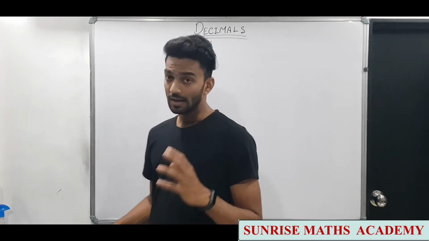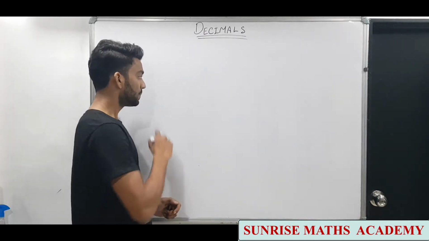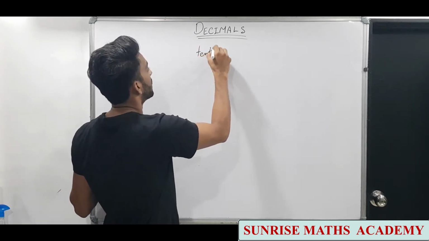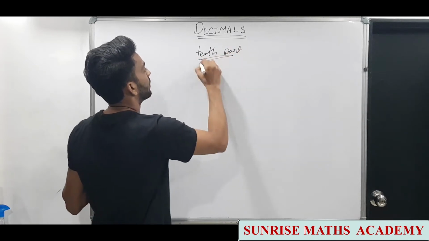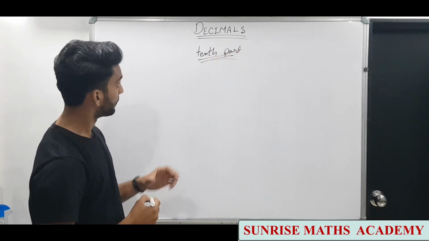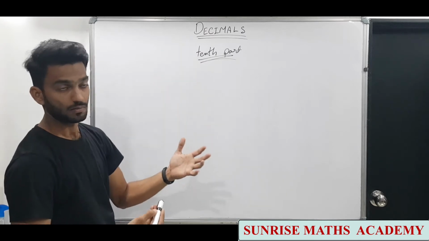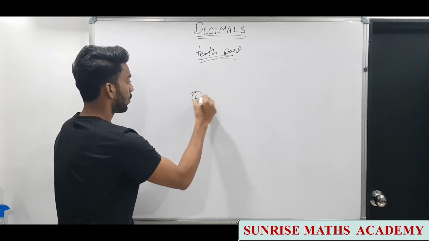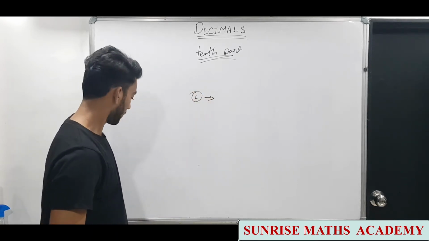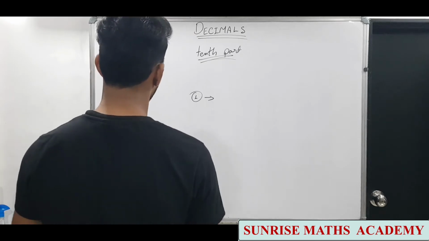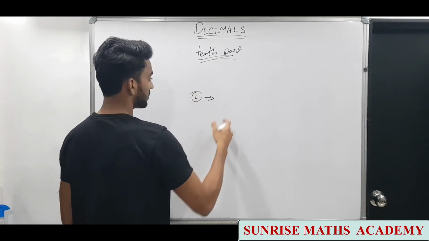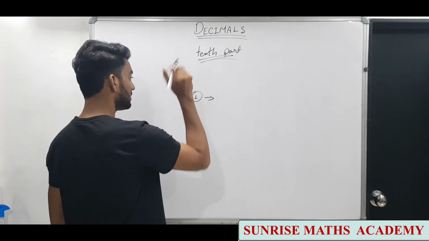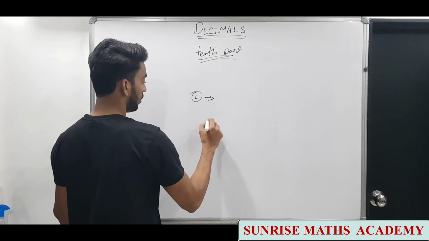Now when we talk about the decimal system, the word decimal means a tenth part. So the word itself means part, and we are making parts of the number 1. We make 10 parts, or 100 parts, or 1000 parts like this. So a decimal number consists of a whole number